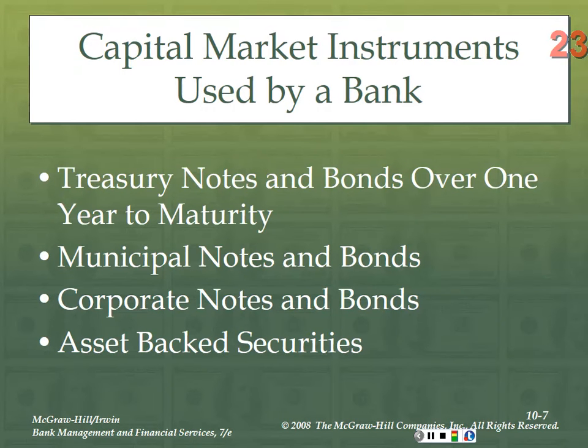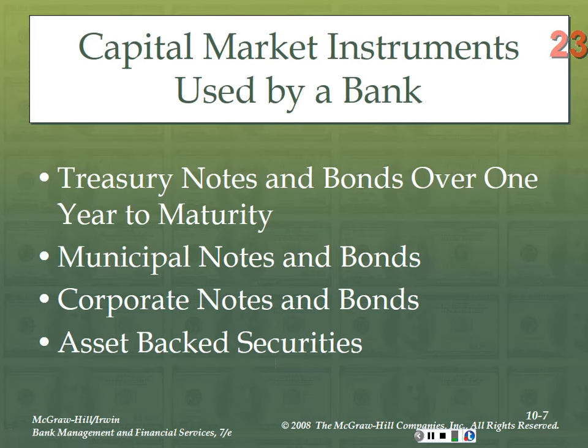Now, capital market instruments. I said these are typically bonds that mature in 1 or more years. So, for example, Treasury notes and Treasury bonds, municipal notes and bonds, to a certain aspect, corporate notes and bonds, although again, the risk level comes into play here, so a bank has to be very careful in terms of how much risk it's taking with corporate notes and bonds. And then what we talked about last week,